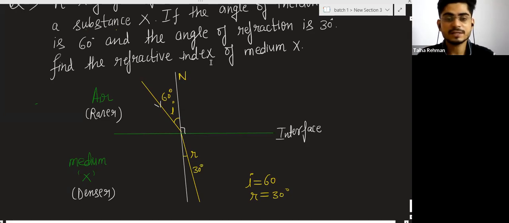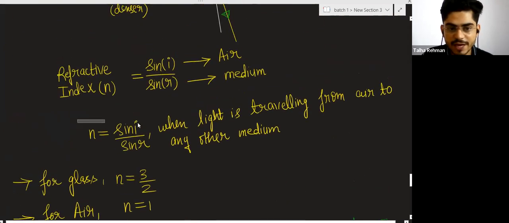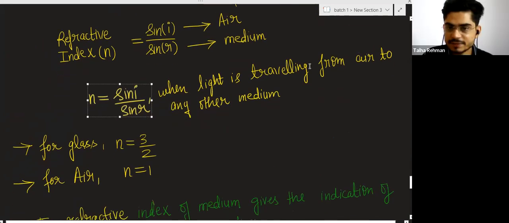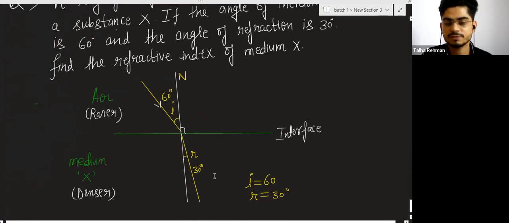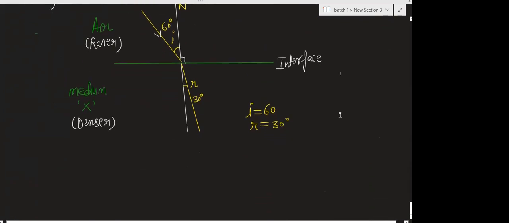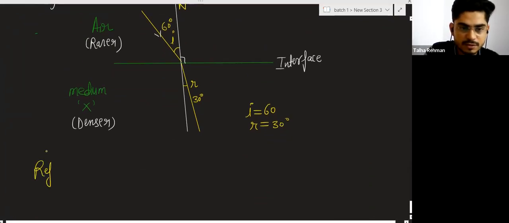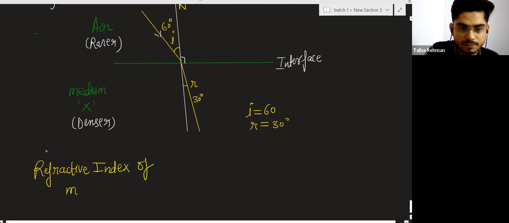And they are asking the refractive index of the medium. Now go to the refractive index. Refractive index is equal to sine of I divided by sine of R, when light is traveling from air to any other medium. Here also the light is traveling from air to this medium. And you want to find the refractive index of the medium. So you will write refractive index of medium